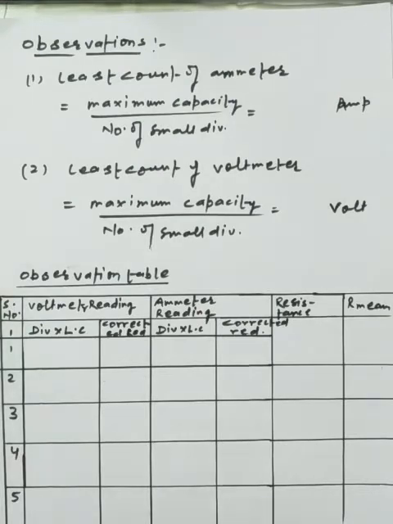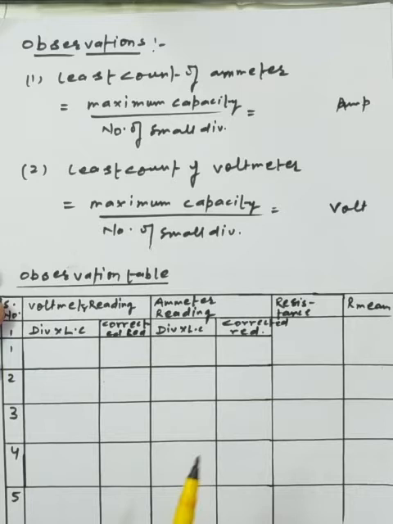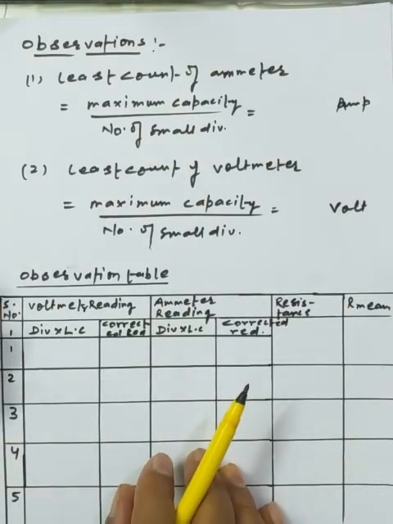Now the next step we have is the observation. The direct measurements that we are taking help to create the observation table. So I am including them in the part of the observation. First we have the least count of the ammeter or any kind of device which we are using here, which is in analog form. So we have to take the measurement of the reading from them systematically.